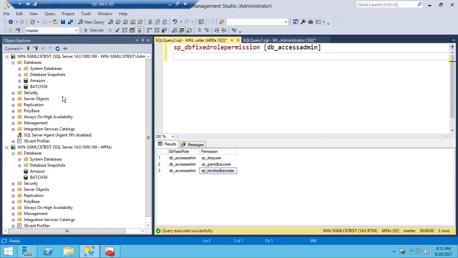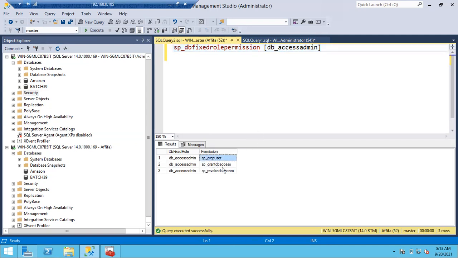To find the permissions of a server role, we have SP underscore SRV role permission. To find the permissions of a database role, we have a stored procedure, SP underscore DB fixed role permission. It will tell you whatever permissions are there for the database role. Currently, this database role, access admin, has 3 permissions.